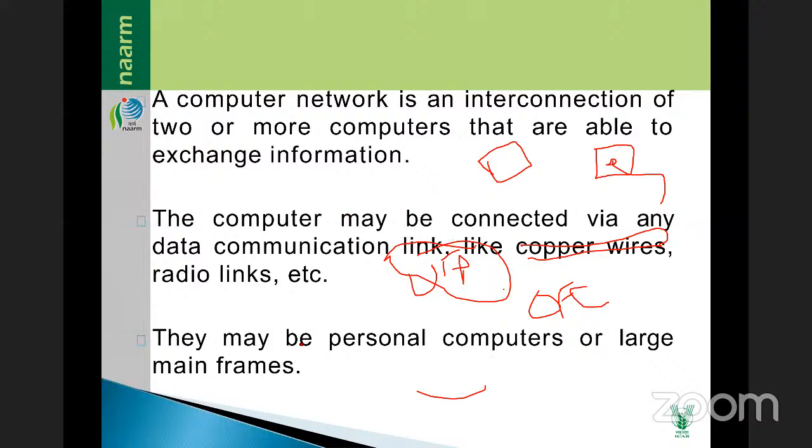So these OFC cables are there. UTP is supposed to be used within the building. If you are connecting your computers within the building, you can connect with UTP cables, untwisted pair cables. Cat5, Cat6, cables like that are there. Cat6 they are using now. So this is for connecting. OFC cable is